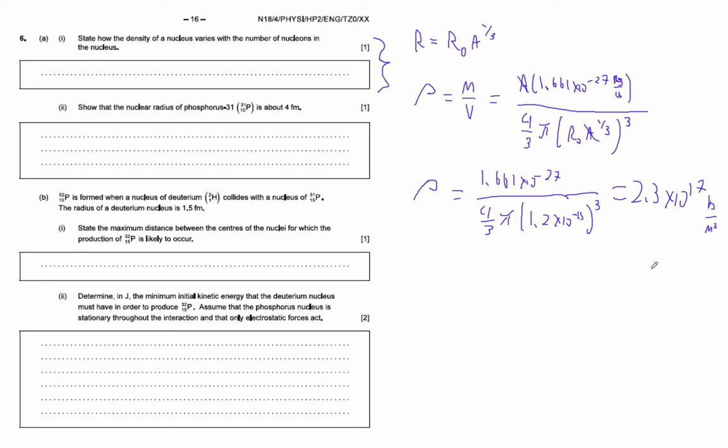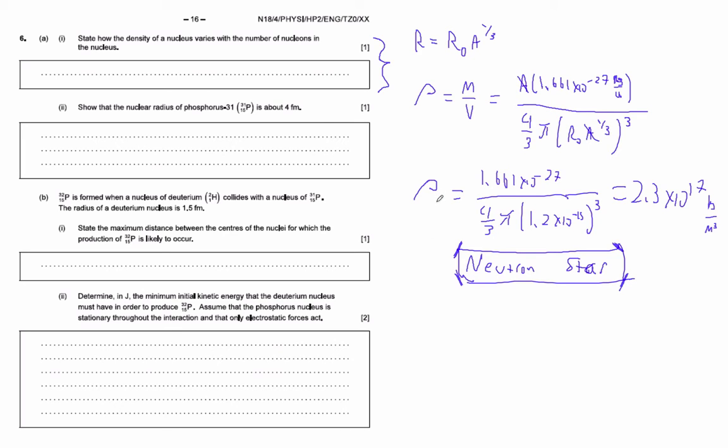So this is equivalent to the density of a neutron star, right? Neutron stars have about this density, because it's just basically neutrons. And the reason it's so dense and the reason that it doesn't vary is that the strong nuclear force is just so strong that as soon as these things bind together, it pulls them as close as quantum mechanics will allow it to pull. Okay, it's just so strong